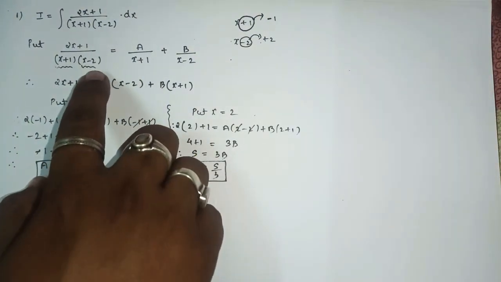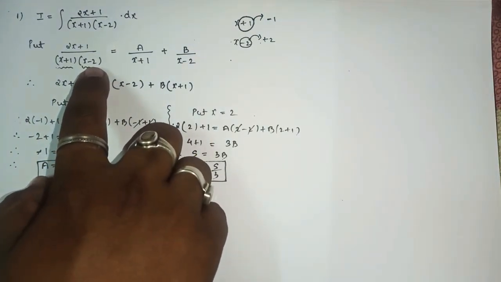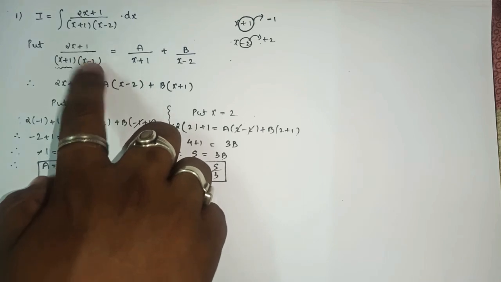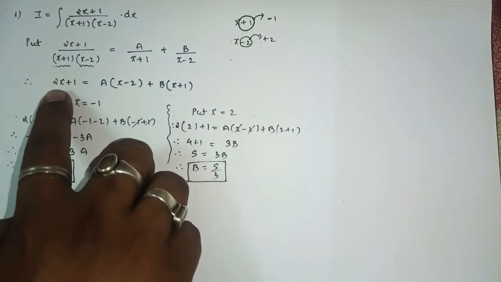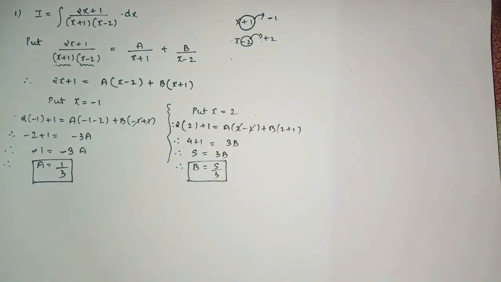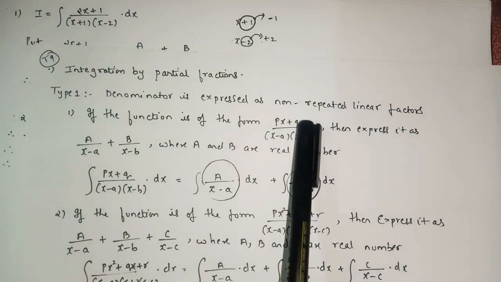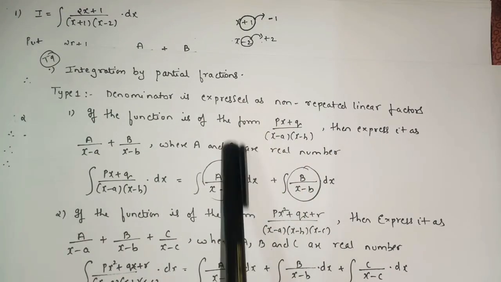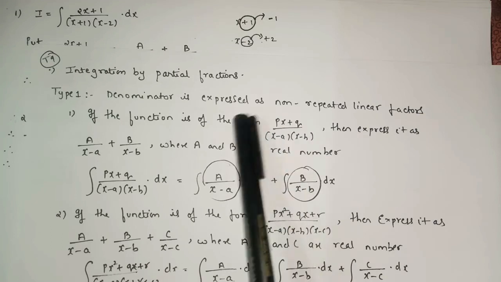Then take the second linear factor, x minus 2. So minus 2 will be what? Plus 2. Replace the value of x wherever you see by 2, so there you will get the value of the second alphabet. So in this way you can find your answer of a and b. Okay, after getting the value of a and b, we know that we have to express this form, yes or no.